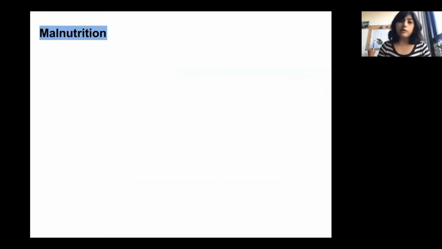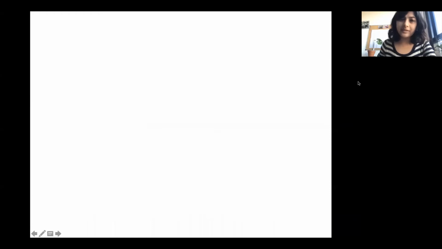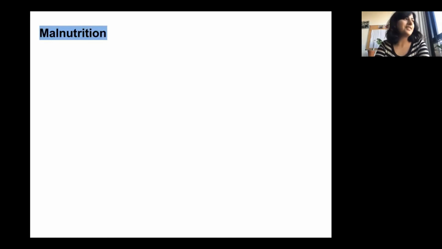So about malnutrition, I'm sure you know a lot about it. Maybe one of you can take a lead just to share what you understand by malnutrition. I think that malnutrition is like overnutrition or undernutrition. Mm-hmm. Undernutrition, and also includes, for example, vitamin or micronutrient deficiency. Yes, exactly. Any other responses?